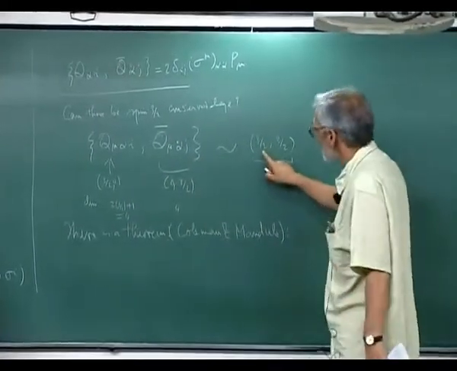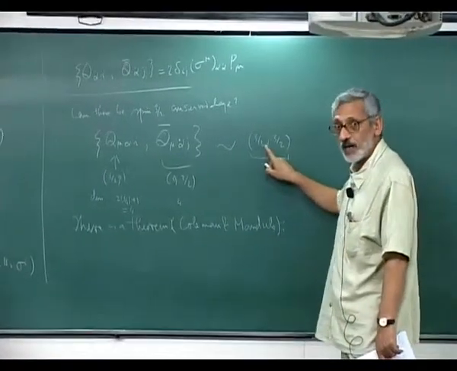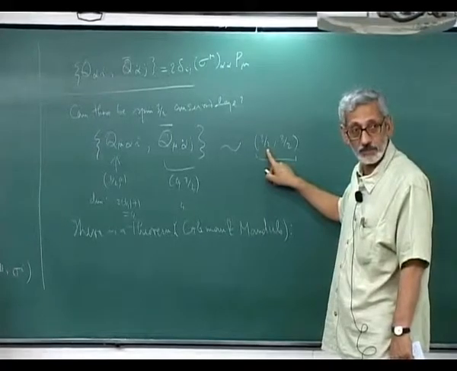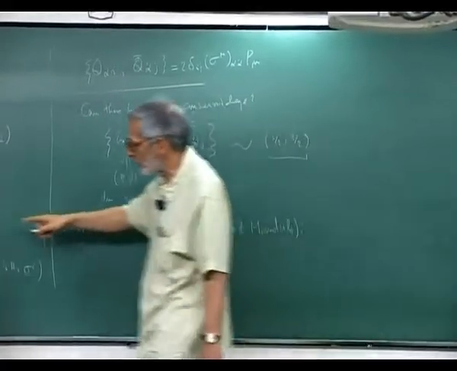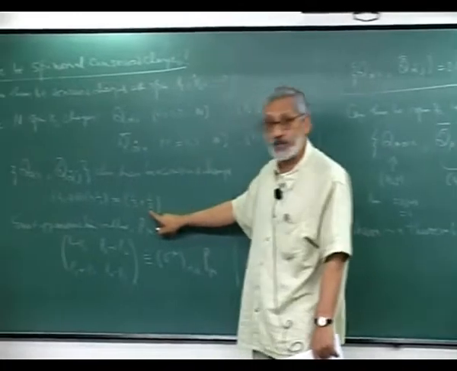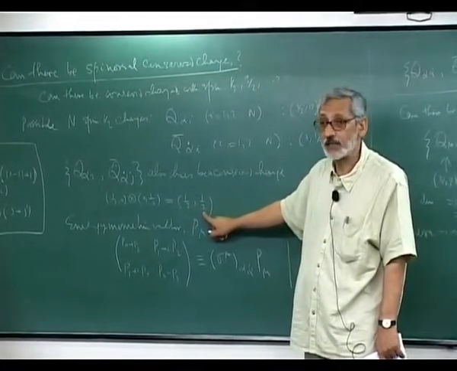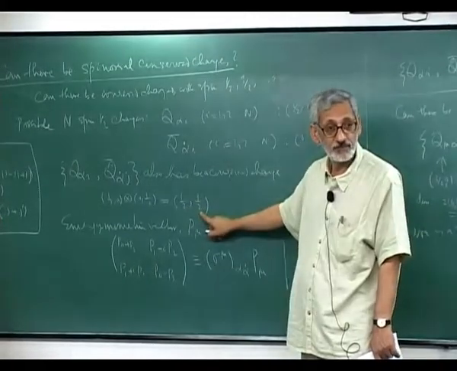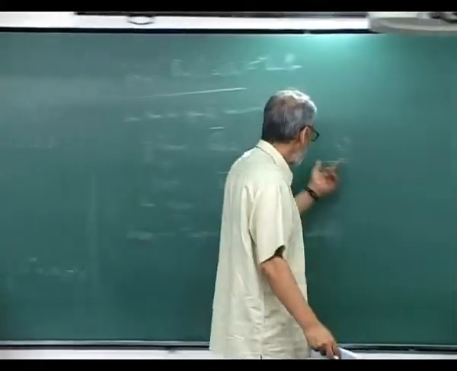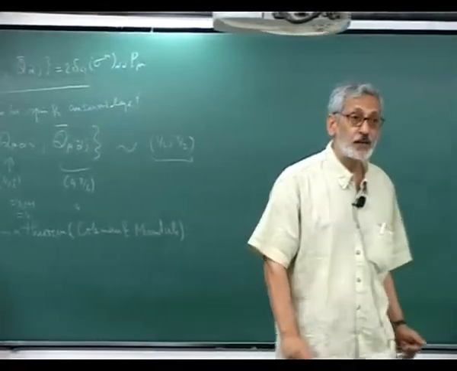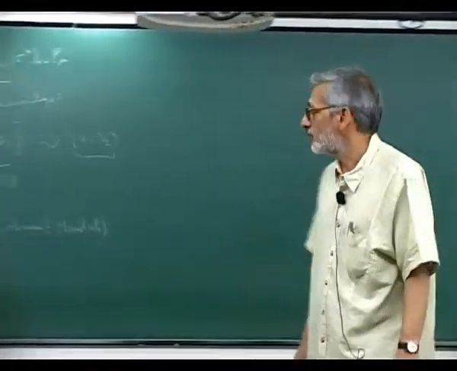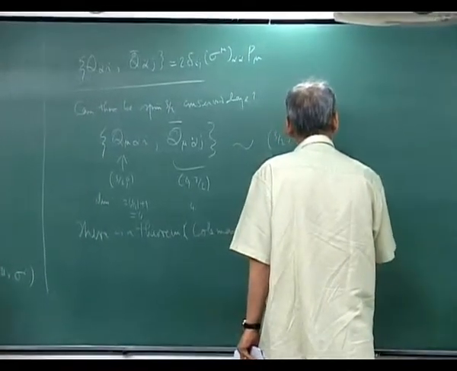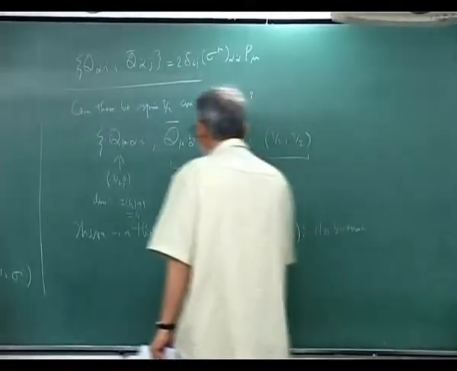Now, this is spin 3/2. This is not a spinorial representation. It's more like this object, which was p nu, a vectorial representation. So it is a bosonic charge. So this is a bosonic conserved charge, and the Coleman-Mandula theorem tells us that there are no bosonic conserved charges